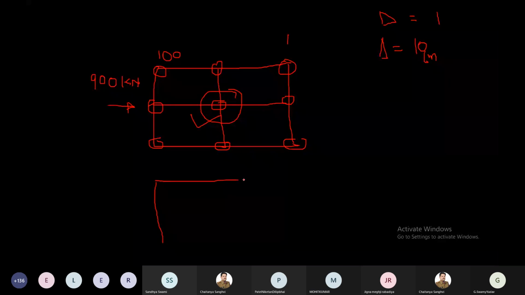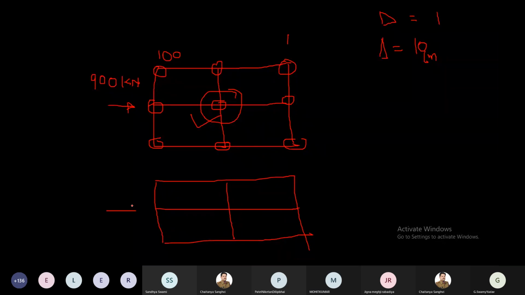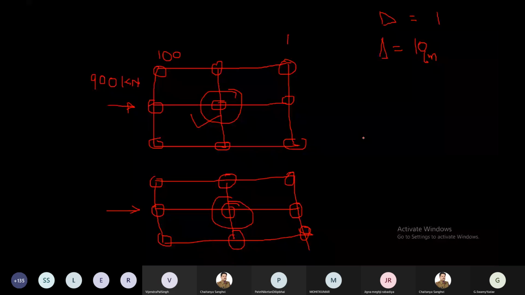Now again, what will I do? The same thing, and here there are 9 columns again, but out of these 9 columns, 8 columns are okay, but this one column is a short column. Now what is going to happen? What is the total stiffness? Now if I assume the length is L by 2, for example,